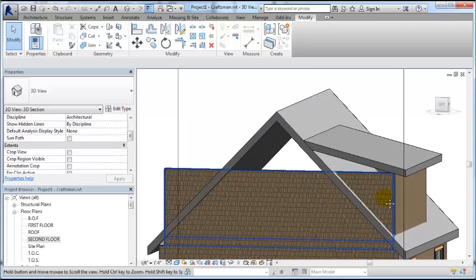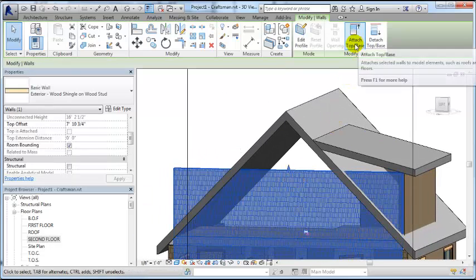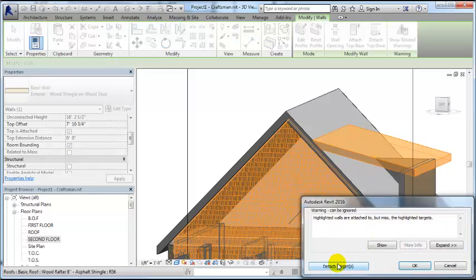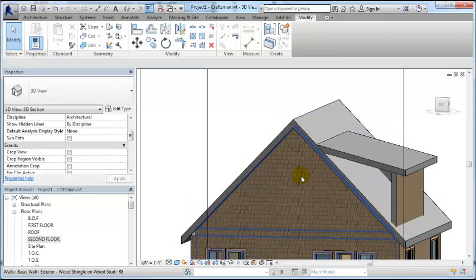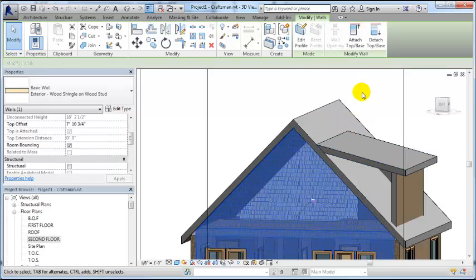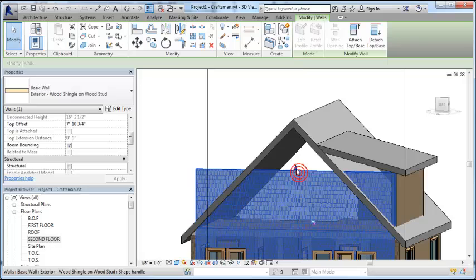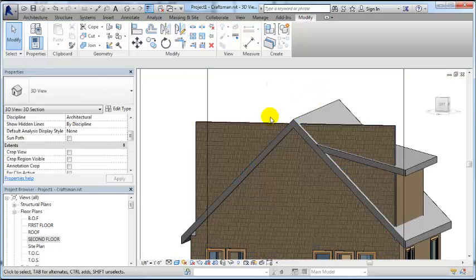So now I'm going to take this wall and I want to attach it to the main roof. I also want to attach it to this roof. Won't let us do that. So what's our other option? We're going to have to create a profile. So I'm going to detach it, detach all, and I'm going to select this wall, move it right up to the top here, and edit the